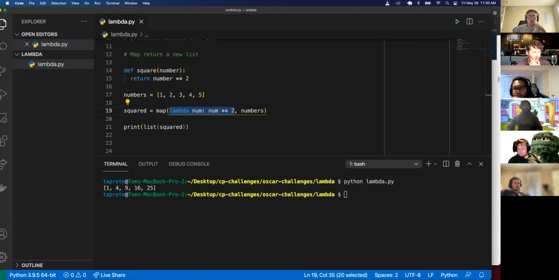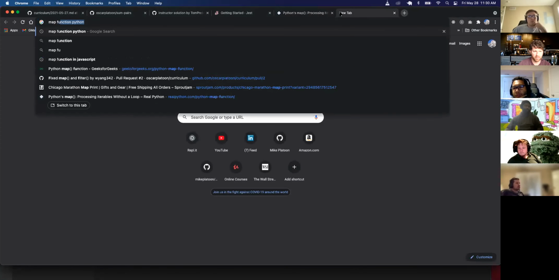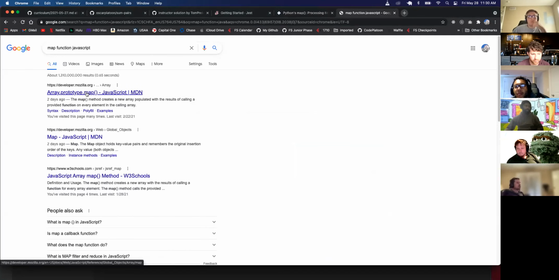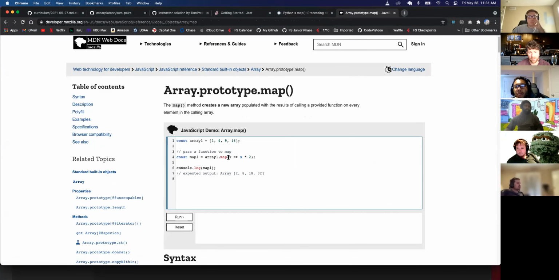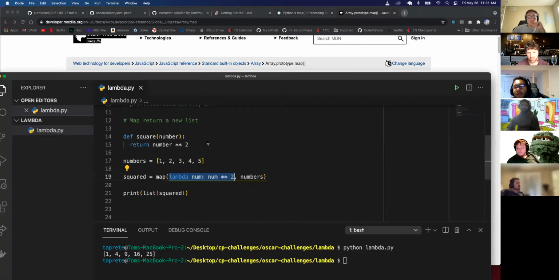So would it be safe to assume that the map function in Python is equivalent to the forEach method in JavaScript? No, because forEach doesn't return a list. I think there is in fact a very similar map function in JavaScript. The map function in JavaScript is essentially identical to the map function in Python. So in here for JavaScript, actually,